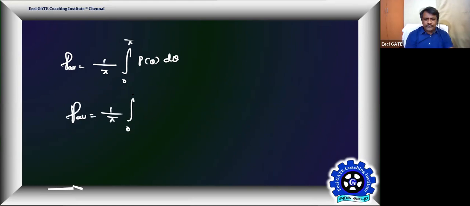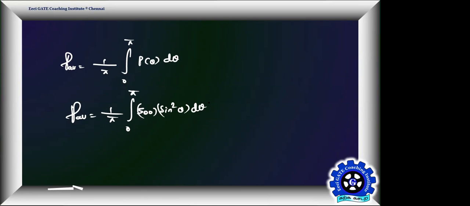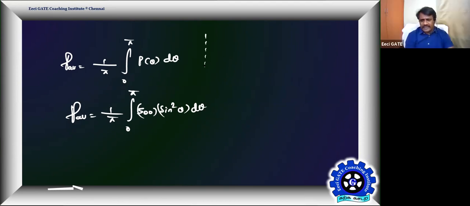So integral 0 to pi, 500 into sine square theta d theta. Following this? Then tell me what sine square theta is. We need an identity: sine square theta can be written as 1 minus